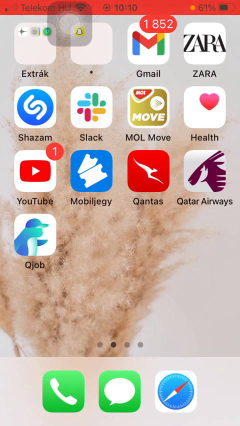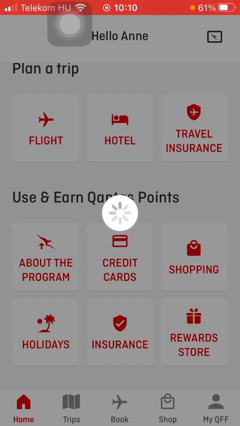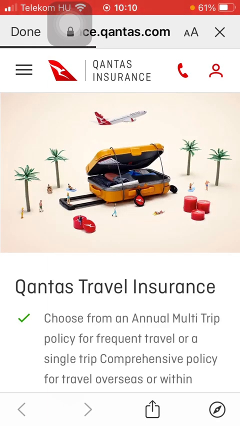First of all, open the application on your phone. After that you should go to your home page by tapping on this button in the left side corner of the screen down below, and then you should tap on the travel insurance button at the top in the plan a trip section, and after that you will be directed to the Qantas.com website where you can check out everything